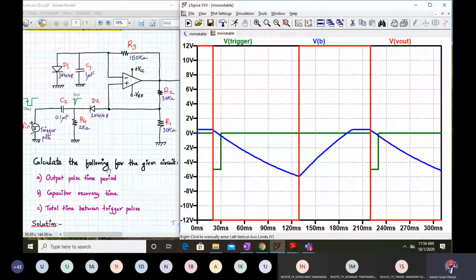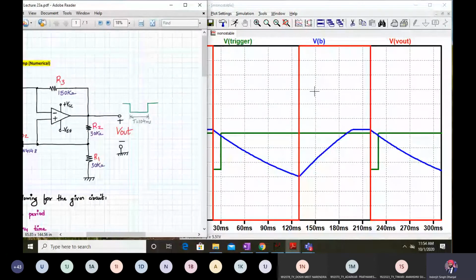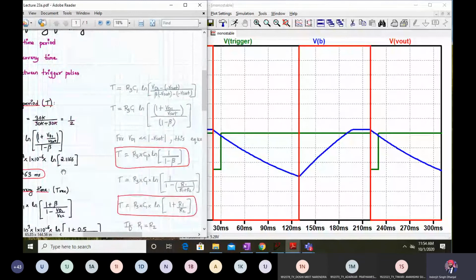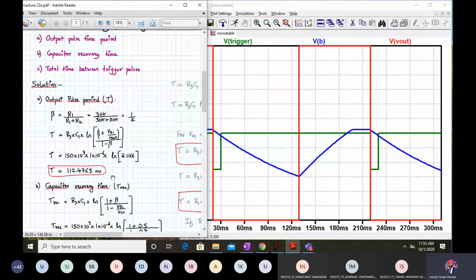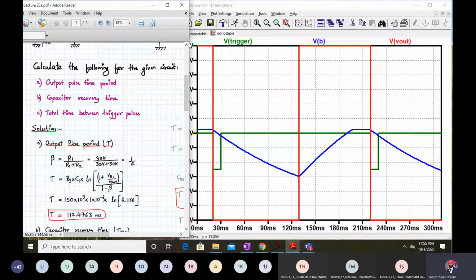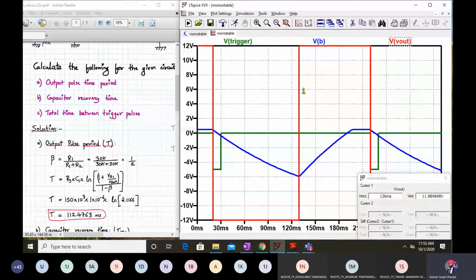Now here we are calculating the output pulse period. We are not interested in the working and all. We want to see how much is that low state over here. So we calculate this value. Theoretically, it was coming out to be 112. Now let's see how much it is coming over here. For calculating the pulse width, I'll take the help of a cursor and place it over here first, and then the second cursor I will take from here and place it over here.